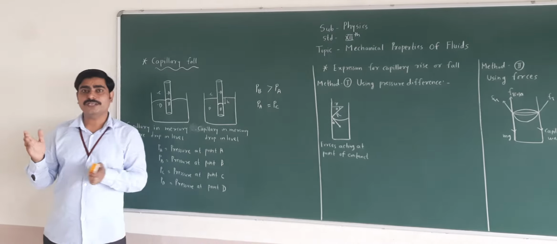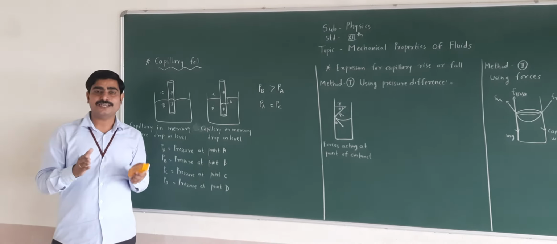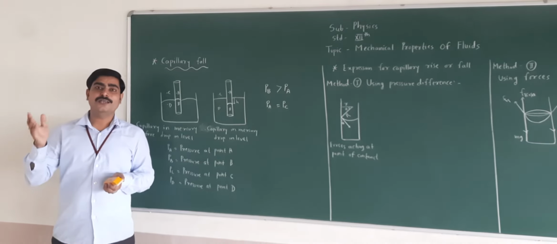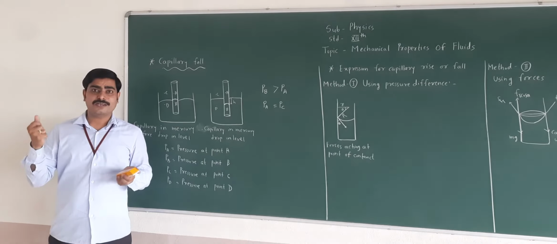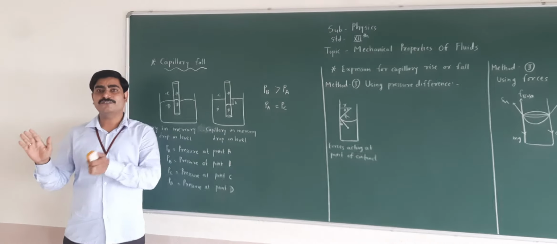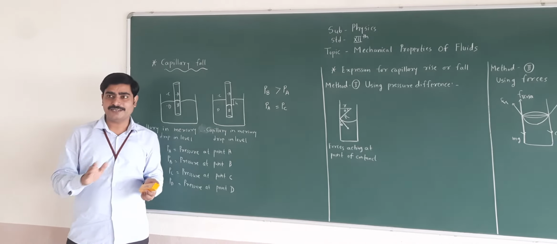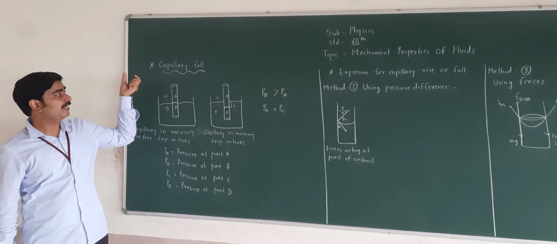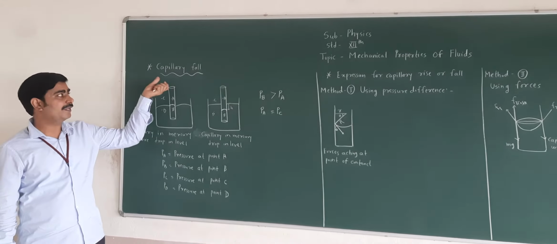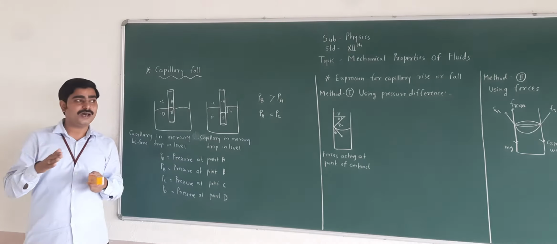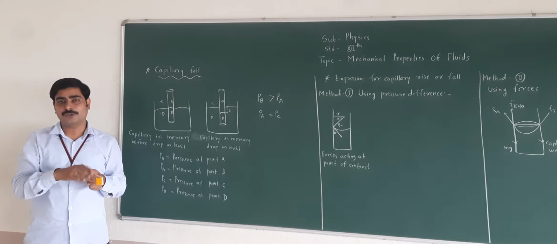Again, we have seen some day-to-day examples regarding the capillary action. That is the rising of ink in the pen, rising of water level in the blotting paper, rising of water in the roots of the trees. So those are the different examples regarding the capillary action. Friends, today we are going to see the next point of the topic, that is the capillary fall. Here we are going to see the reason why the liquid level decreases in the mercury.